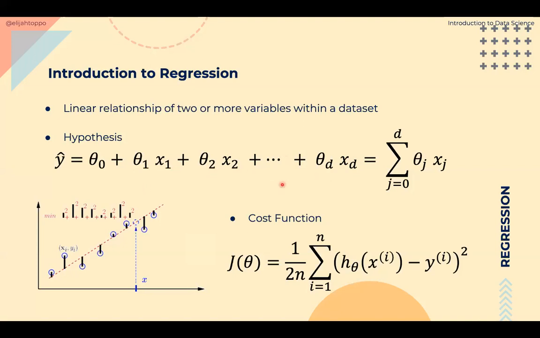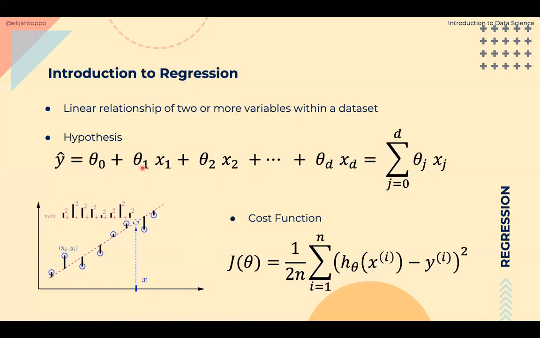Now to each of these features, we can see that there are different multipliers. So x1 is multiplied with this constant, this parameter called theta1. x2 is multiplied by theta2, and so on. And these theta1, theta2, theta3, and theta d are weights that we multiply into our model. Here we are trying to learn the values of these thetas that, when multiplied with these input variables, will give us the right output prediction.